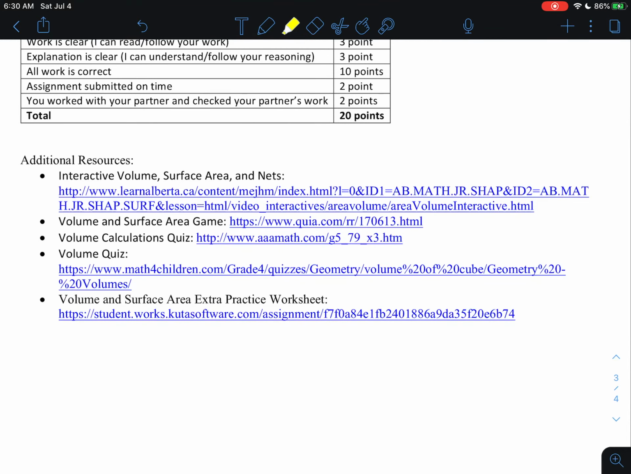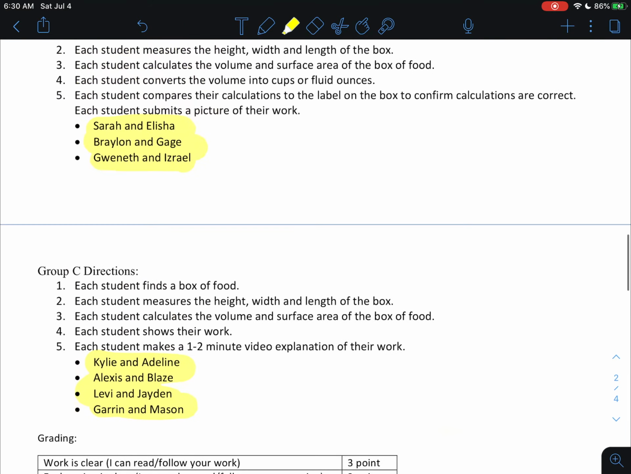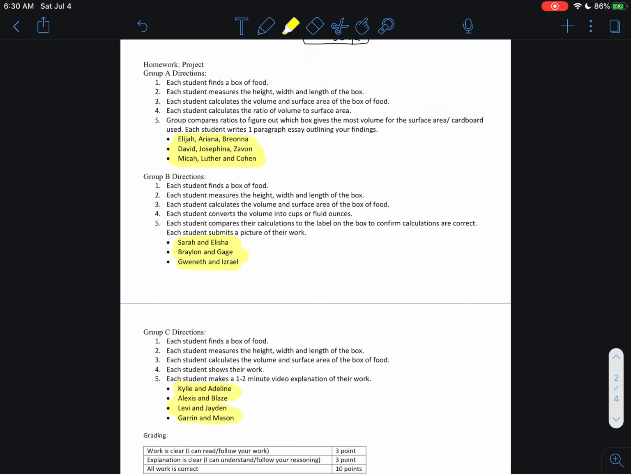Go ahead and meet with your partner in your small group. So either you have one partner or you have 2 partners. I will put the groups back up on the board, and then go ahead and get started on your project. That's due a week from